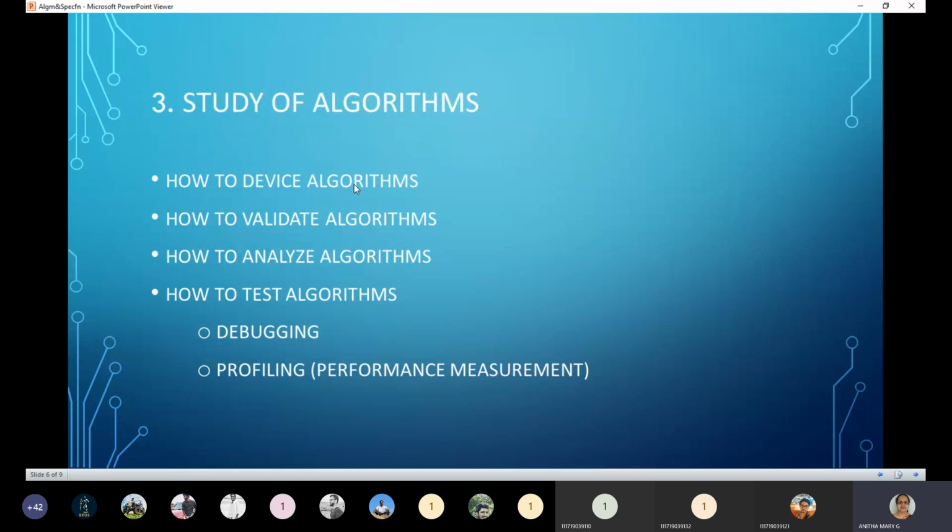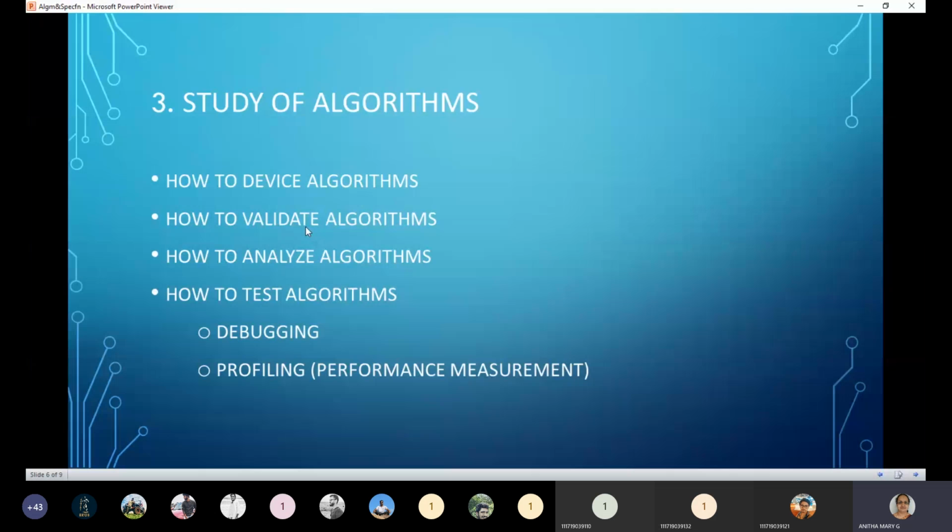That is what I was telling you when I discussed the syllabus in detail. In units 2, 3 and 4, we are going to study different methods to solve different kinds of problems. Based on the problem and how you want to trace out the solution, you opt for a particular method or procedure. Such methods are greedy method, dynamic programming, backtracking, branch and bound. These are the various design techniques to devise an algorithm.